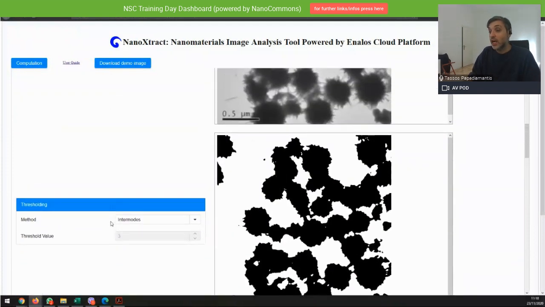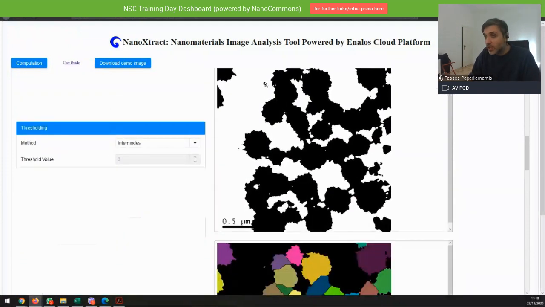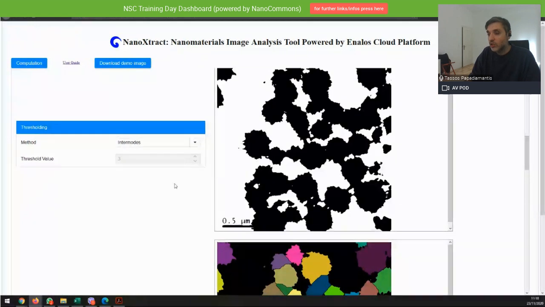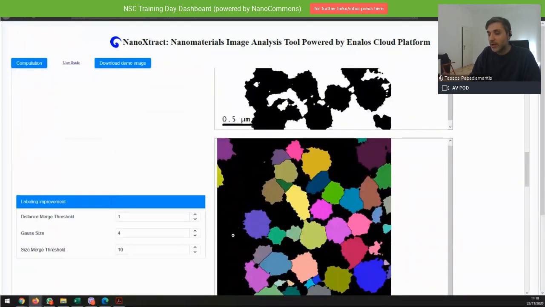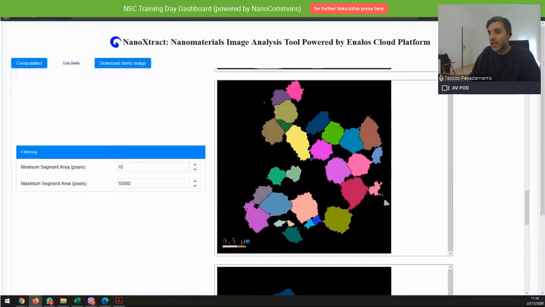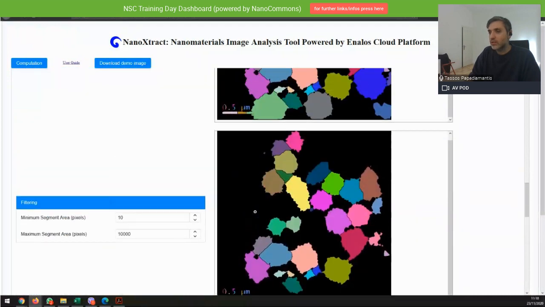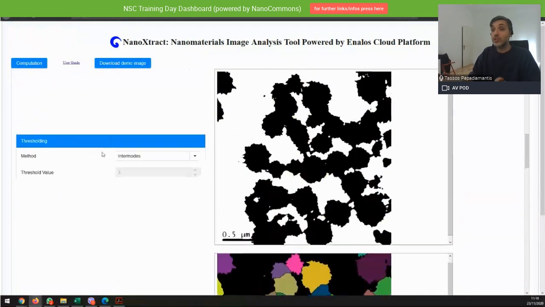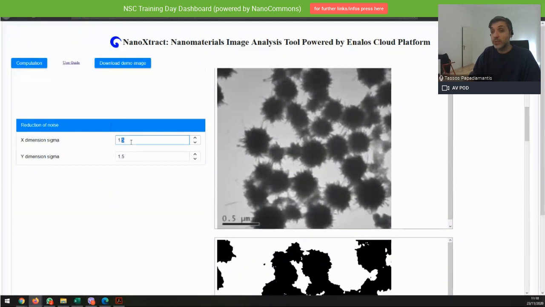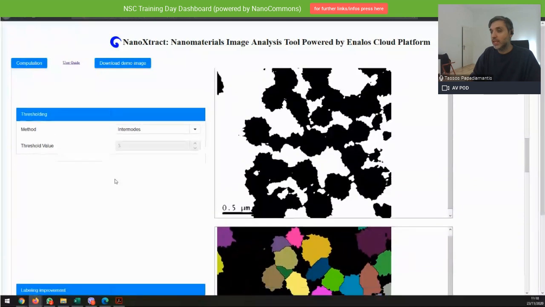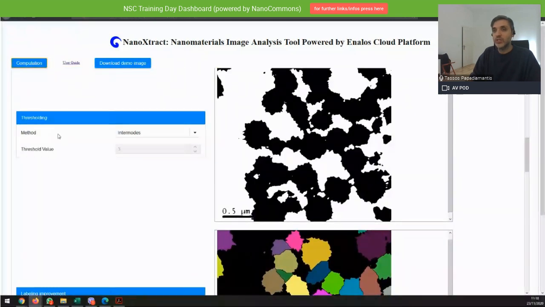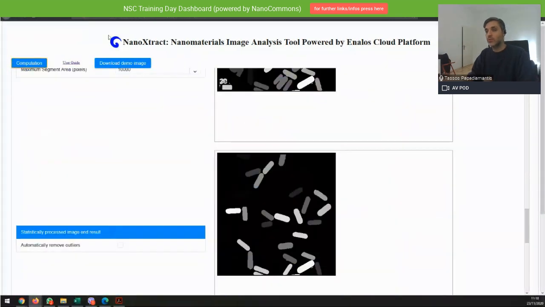Another thing I want to point out: here we have some small dots that you can see being transferred and so on. These things can affect our results. So what I'm going to do is increase the blurring slightly so that these small artifacts are removed. Keep that in mind, and we press computation, jumping to the other one.